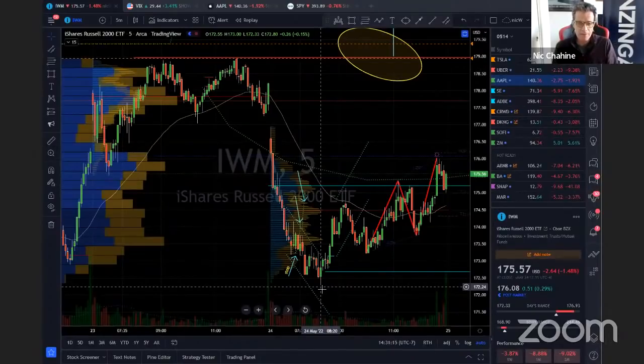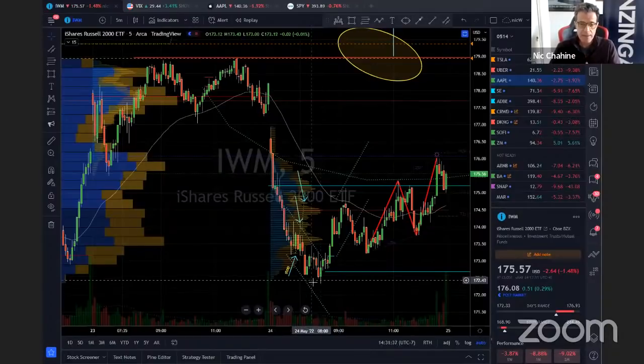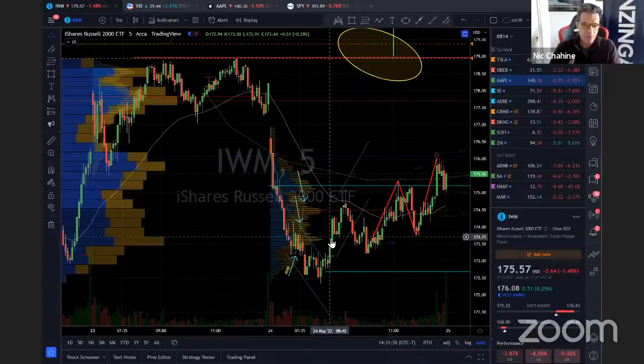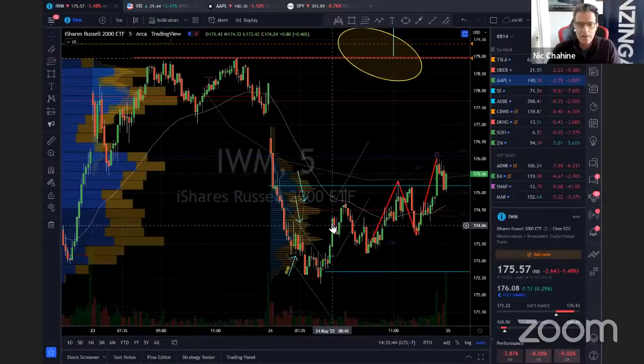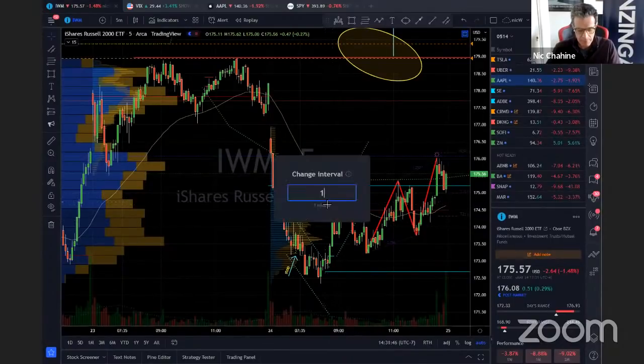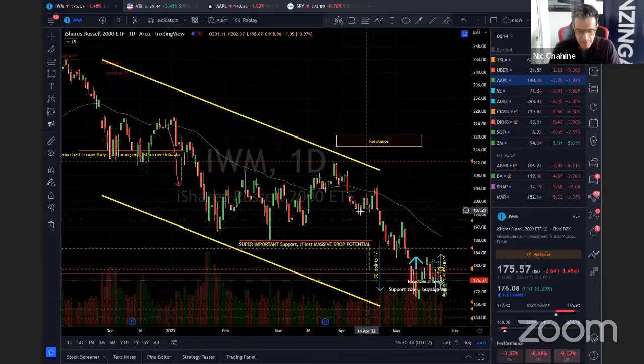And I looked at the open interest. There's a contract that expires on Monday for the IWM, so the bets were going to be drawn at the end of the day. I looked at the open interest and the volume in the options, and there were a couple hours to go. I said, there's no way. If I was a market maker, I'd want price above 175, but not too much higher than 176. They delayed it. They took their time. And then in the last 30 minutes, remember how it went boof? We had a huge burst in the last 30 minutes. And where did it close? If we go to daily, we'll get that number. Take the lines out.